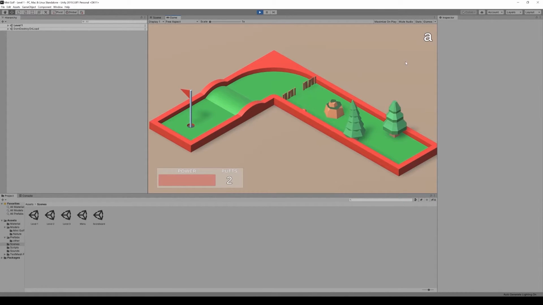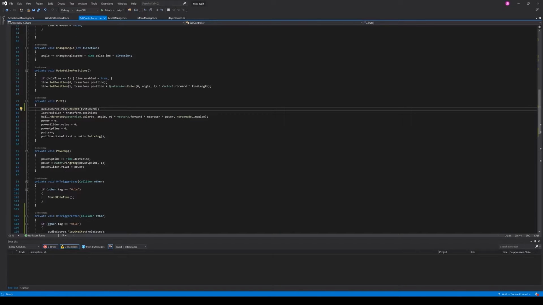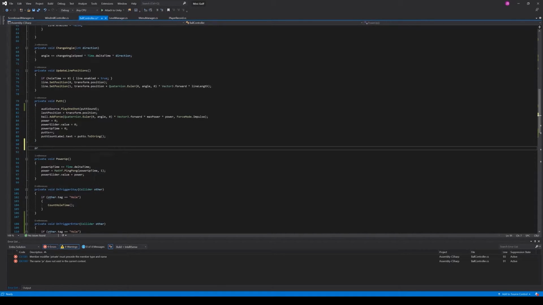Yeah. I mean, it's not perfect. There is a slight delay, and there are things you could do to try and make the actual shot line up with the sound, but just as an example of implementing sounds, this is fine enough. You know, if you really wanted to line that up a bit better, because there is that delay, you could do a private